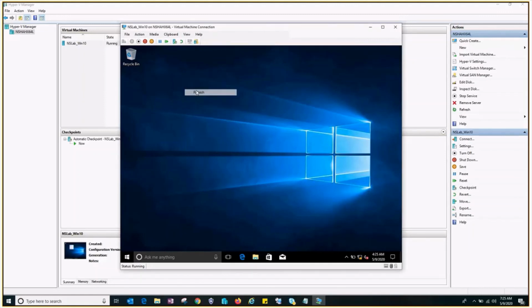So this is how you create a virtual machine and how you install an operating system on the virtual machine. If you want to learn more about Hyper-V, like the use of the sysprep command and creating a virtual machine using an existing hard disk, you can check out my next videos,